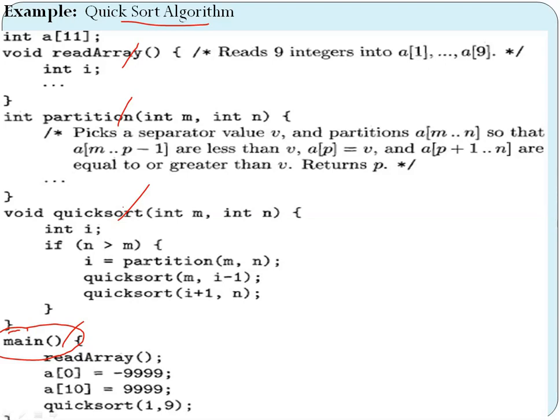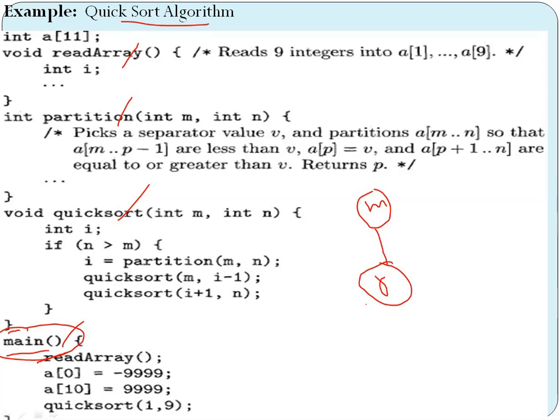Here we are not talking about that, we are just representing which function calls which one using the tree structure. Main is the root node. Next, the main function calls the read array function.